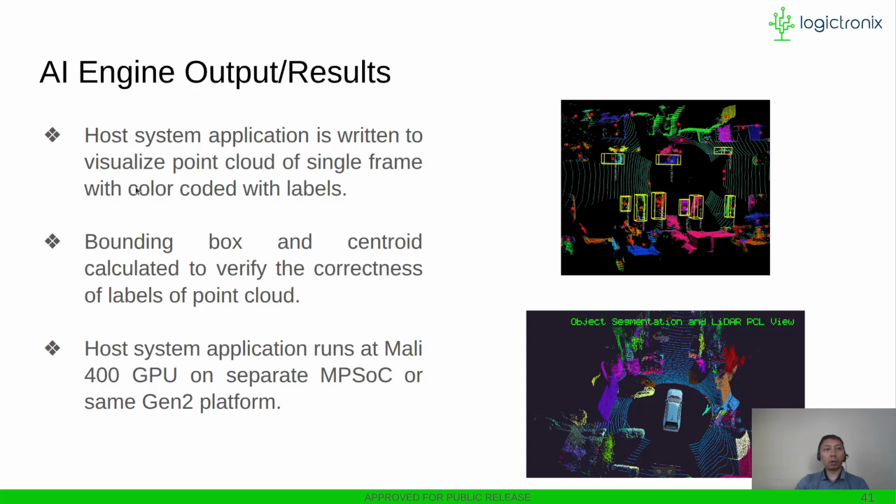Similarly, color coded labels will be generated from the range to segment kernel, which will give the labels, and those labels are used as a color to code the various classes like ground and objects. So here you can see on the right hand side the output rendered,